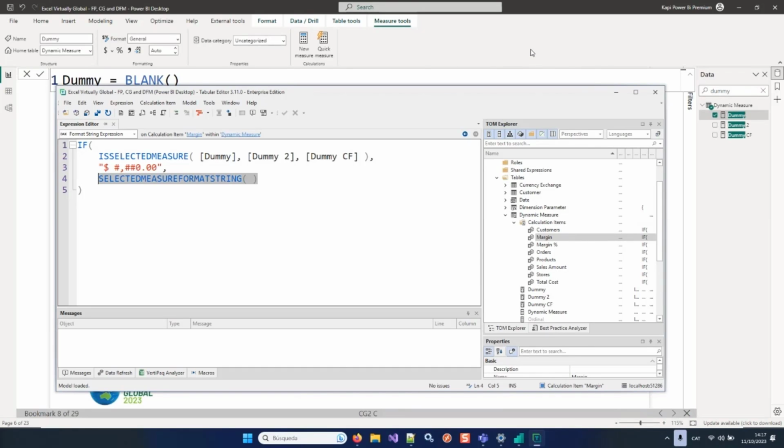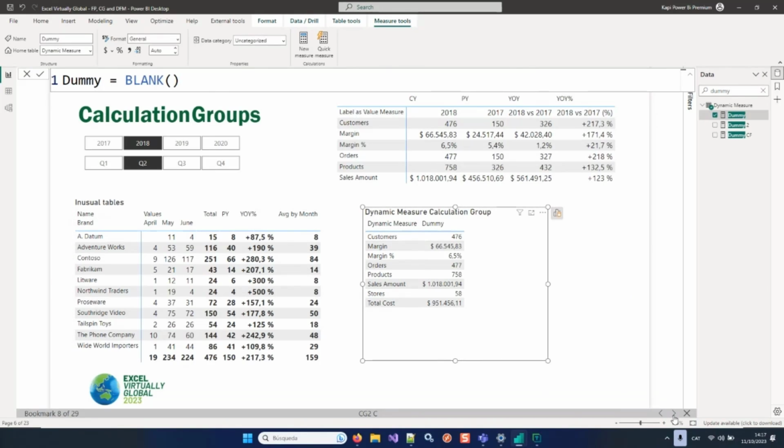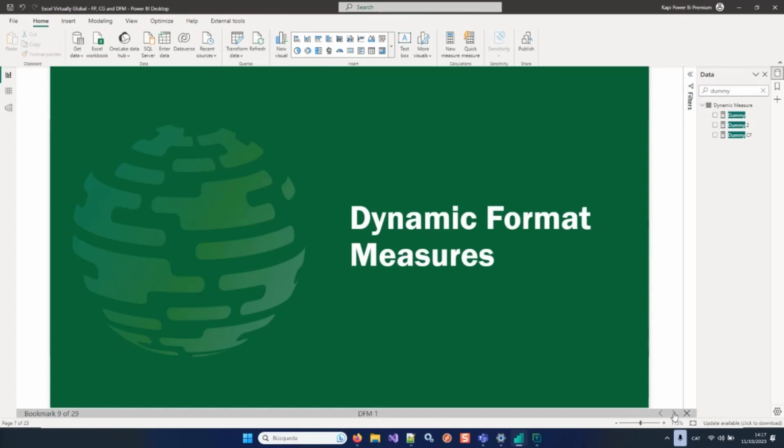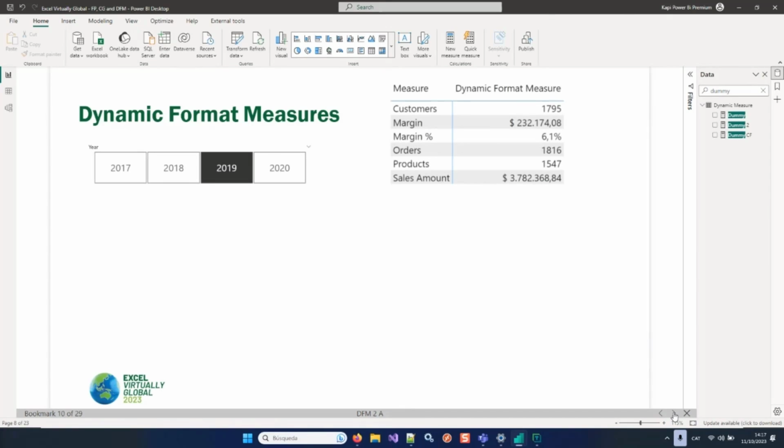And you might even think that field parameters are a bit easier, but we'll also see shortcomings and advantages of using both approaches. Okay, so now we can jump into the third kit on the block, which is the dynamic format measures. This is a rather different beast